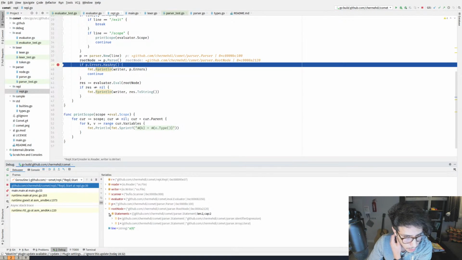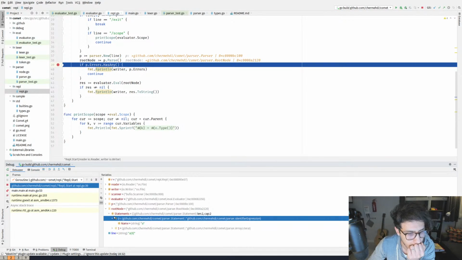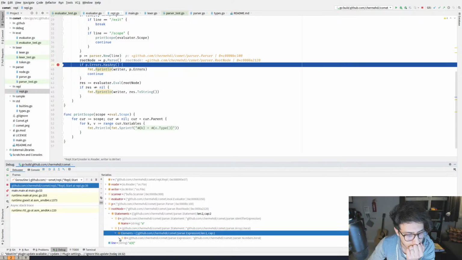The root node has a parser statement, an identifier expression, and an array literal. Well, that's super weird. So it parsed it in a very weird way, as one identifier beside one array literal. I don't think we wanted this, but today's effort is going to be about fixing it.